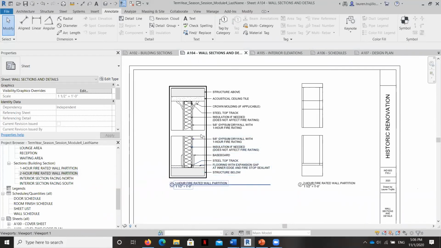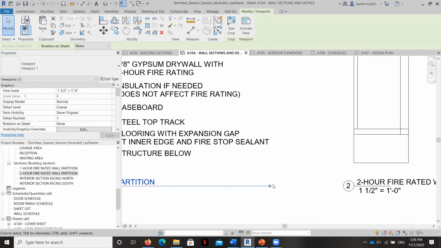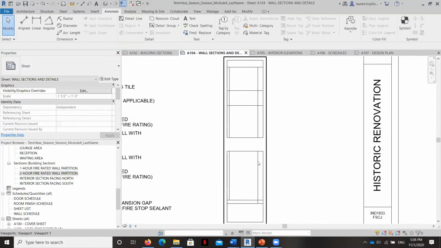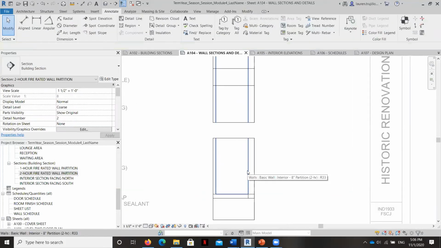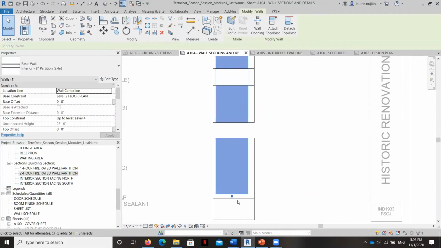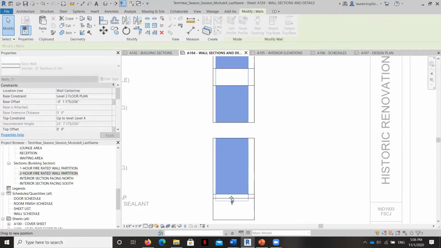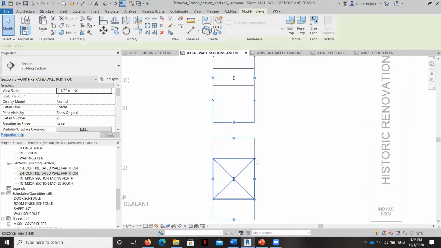And then again, I hovered over the viewport and then extended this so that it met with the outer edge of the longest text. Okay. And then now what I'm going to do is just move on to this one. And so I'm going to label it the same way, just keeping in mind, of course, that we've got the structure. I am going to have to create a masking region because in this case, the wall should go all the way down to the floor. Let's see if it lets me do it. Oh, nice. It lets me do it right there.